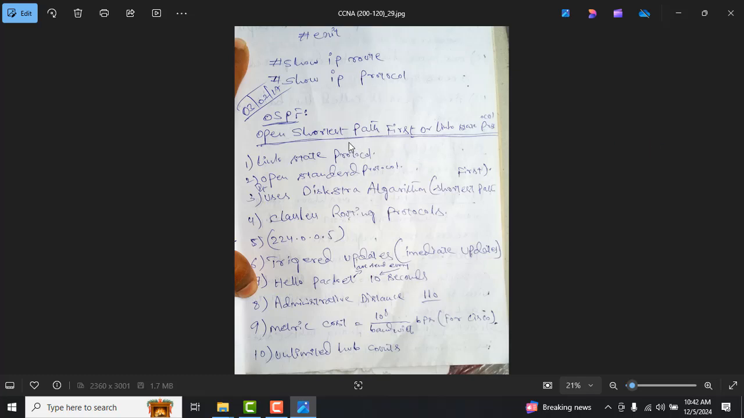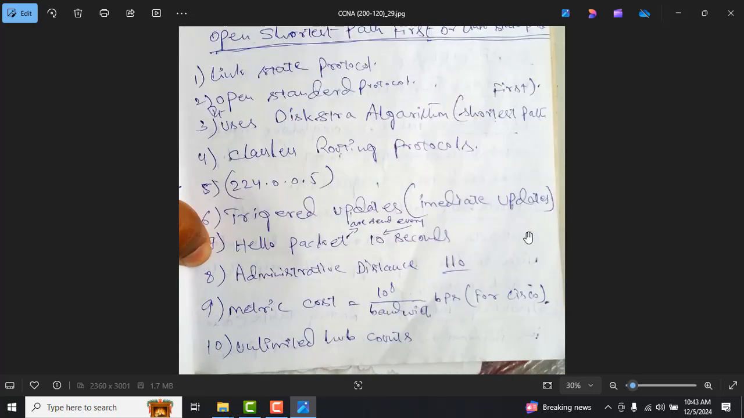OSPF stands for Open Shortest Path First, or Link State Protocol. So the first point is that it is a Link State Protocol, the second is that it is an Open Standard Protocol, and third, it uses the Dijkstra algorithm, shortest path first. Dijkstra is the scientist who invented this OSPF protocol. The fourth is that it is a classless routing protocol, which supports classless routing also. And the fifth point is